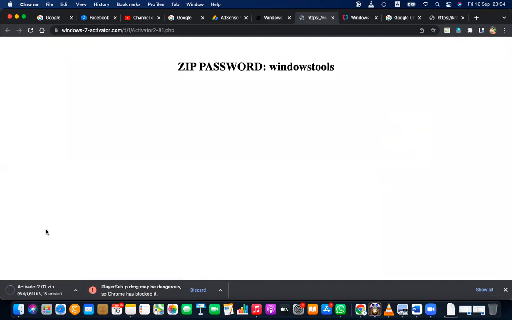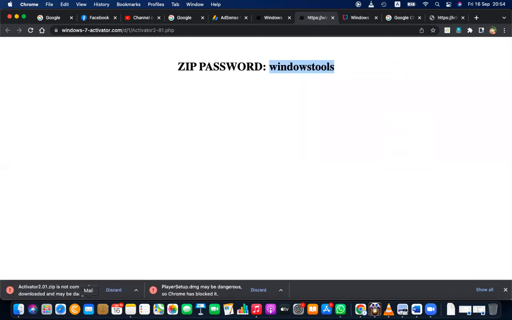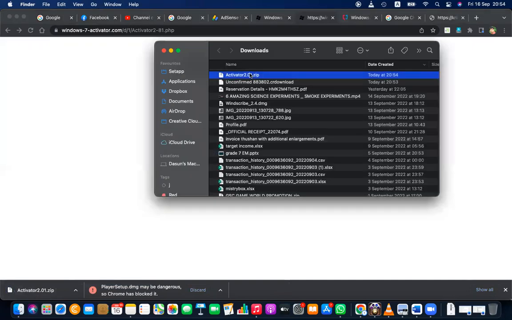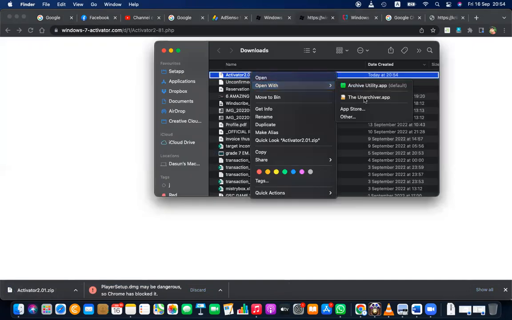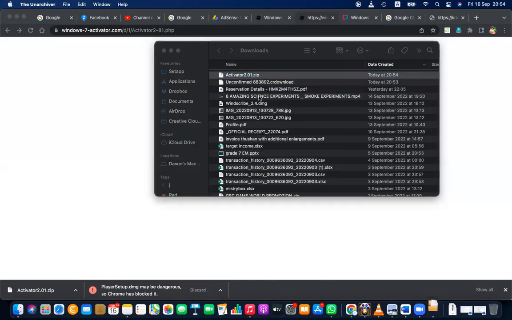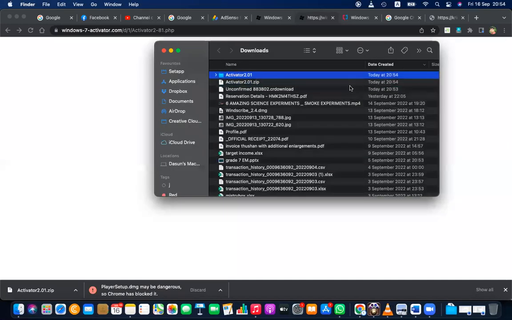Let's download that, and you can see it's having a password. Mostly it comes with a password so that a virus guard cannot check it. Here again, it is identified as a zip, commonly downloaded, may be dangerous. Let me keep that on my computer. Now I'm going to unzip that using the password that they have provided. It's unarchived using the password. Why is there a password? Mostly because then the virus guards cannot check inside this folder.